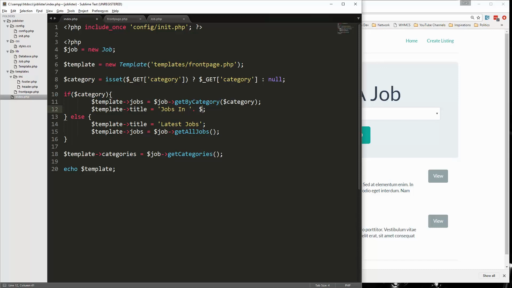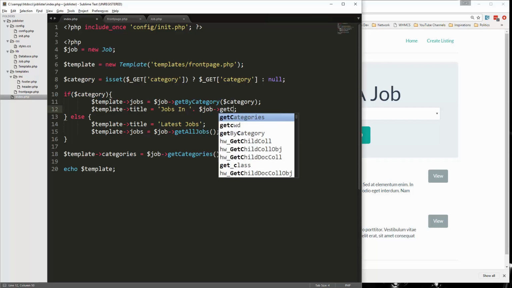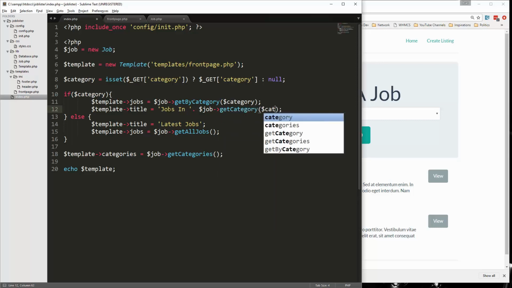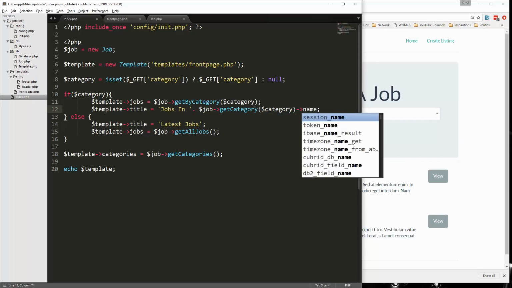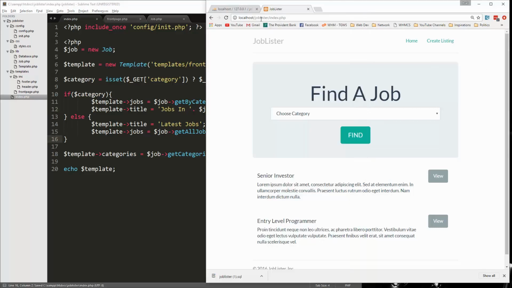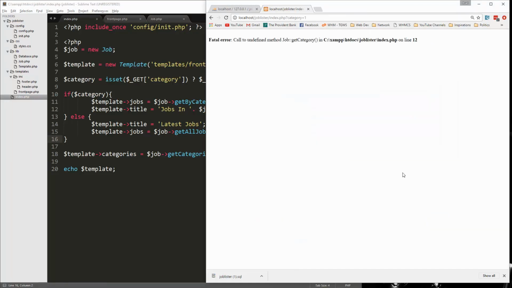We'll say job getCategory, which we have to create, and we're going to pass in category, and we want the name. All right, now if I save that and reload, we're going to get an error if we go ahead and find,